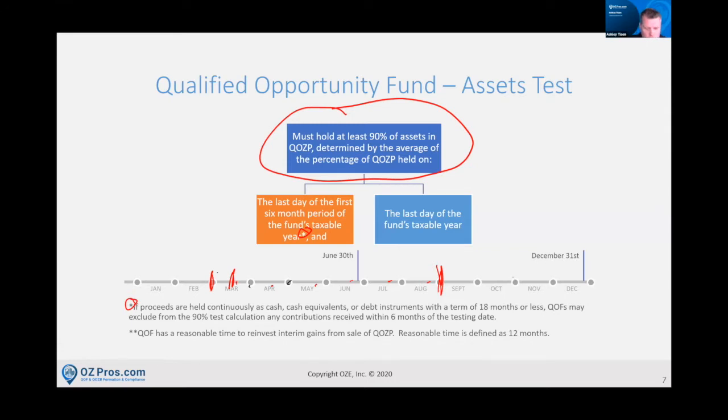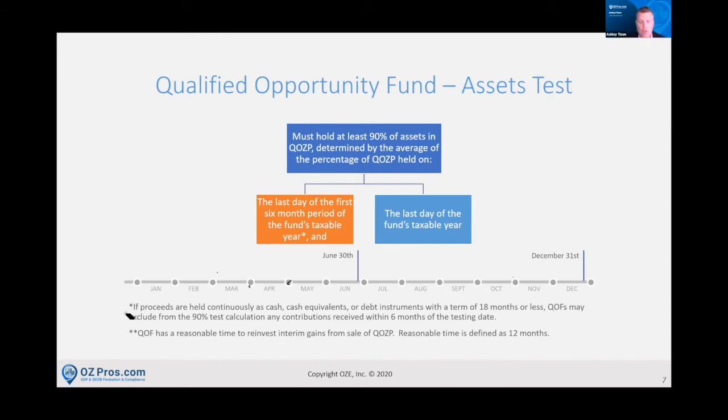But because you still have it in cash or a cash equivalent, and I'm going to walk you through how you can use that as a neat little tool to get some return in the market, or some return that's not just sitting in a bank account waiting for you to do something with the money, you get to disregard that cash on this testing date, which then pushes you to the December 31st testing date. So by setting up your own captive fund, you've effectively bought yourself until December 31st, where you really have to make some decisions and get this money to work.